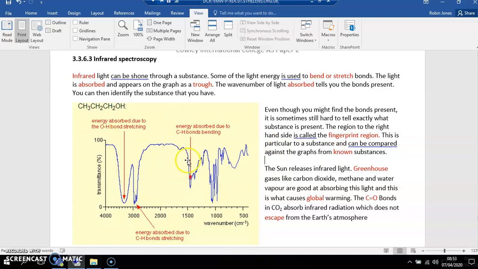So nothing really to do with infrared spectroscopy, but linked to this idea that bonds absorb light to bend or stretch bonds, and that's what some of these gases are doing when they absorb heat energy, infrared light energy from the sun. So infrared light energy gets absorbed, these gases warm up, and by absorbing the infrared light and warming up, that causes the Earth's atmosphere to warm up, and that is, of course, the greenhouse